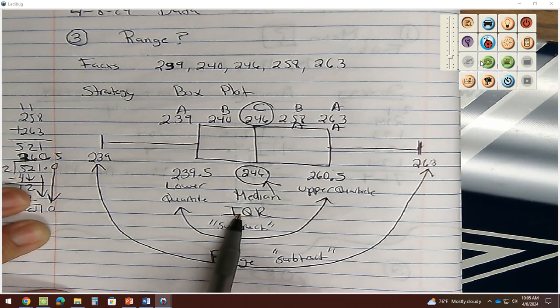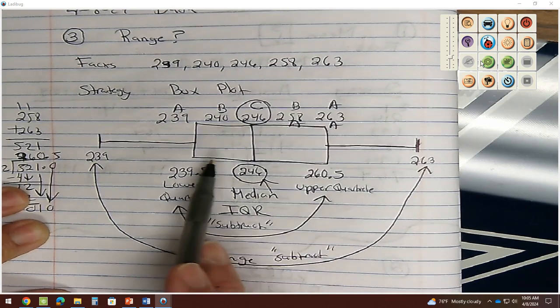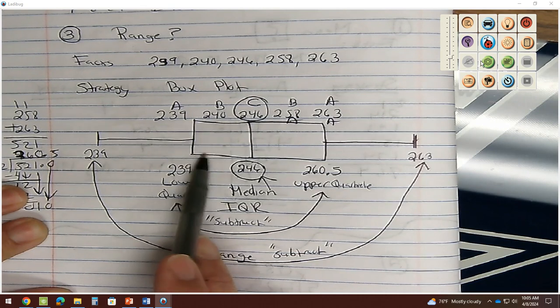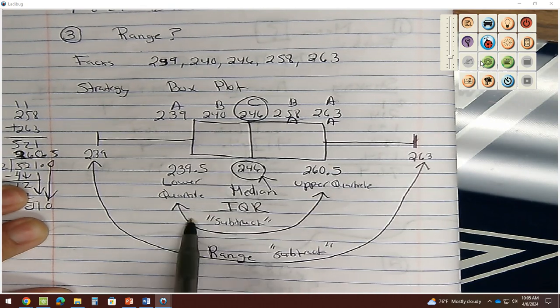If they ask you for IQR, I need the interquartile ranges, the lines here. The upper quartile, the lower quartile, and I need to subtract. But since they ask me about range,